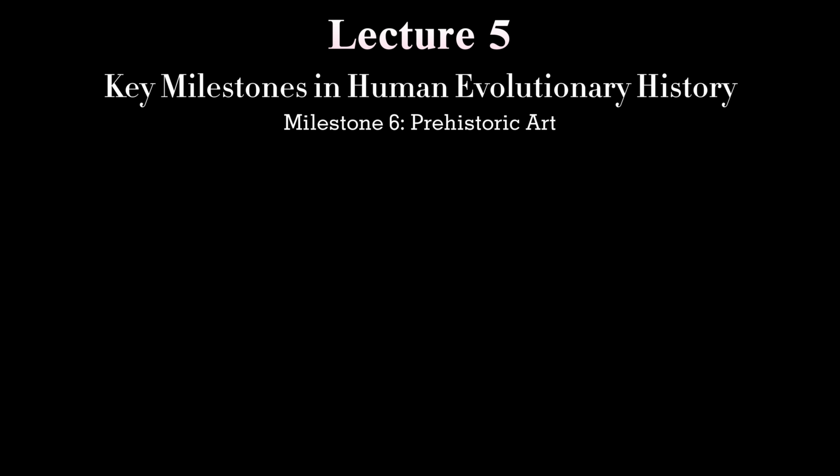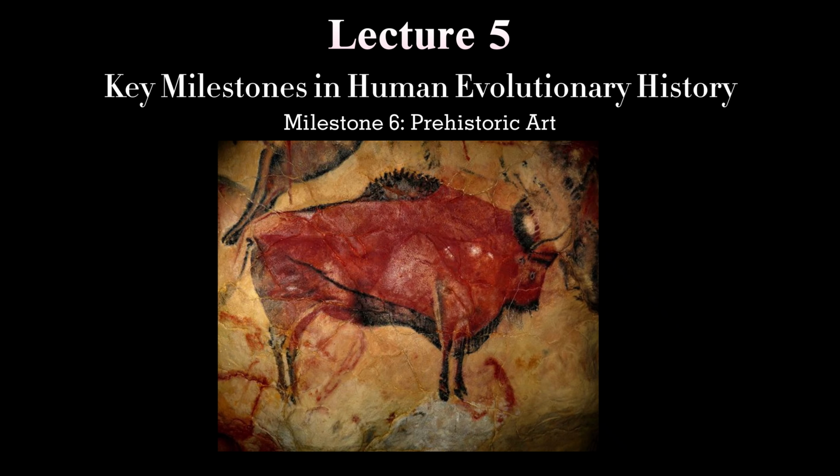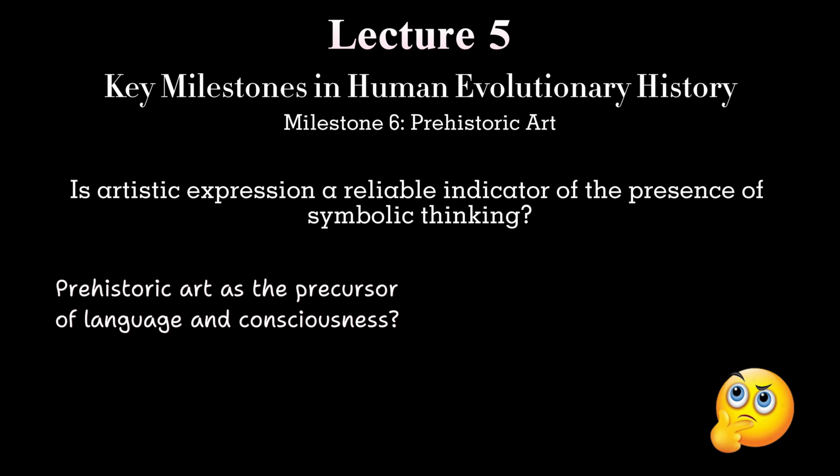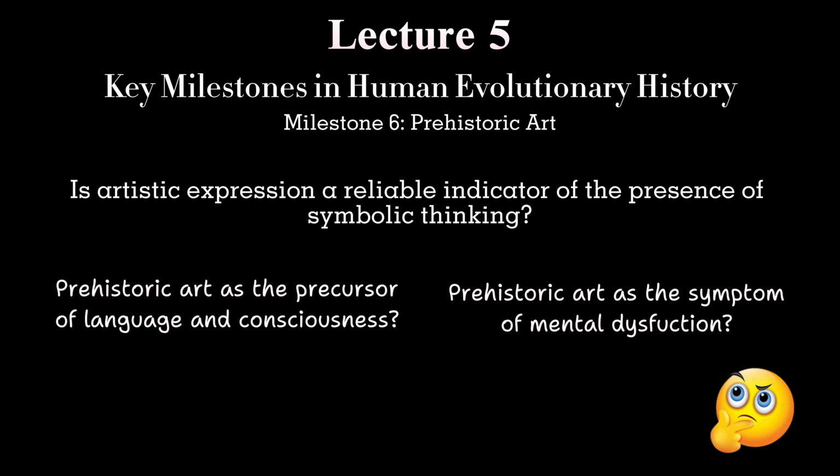Milestone 6. The next major milestone is the rich and complex domain of prehistoric art. We will pause here for a more detailed examination. It becomes increasingly difficult to deny the presence of symbolic cognition among our ancestors, once we are confronted with clear evidence of artistic expression within their communities. The central question, however, is whether the early manifestations of symbolic capacity constituted the initial steps in a continuous, teleological progression toward language and consciousness, or whether they were, in fact, distress signals, symptomatic of a profound dysfunction in the Homo sapiens brain, and ultimately an unsuccessful attempt to cope with it.